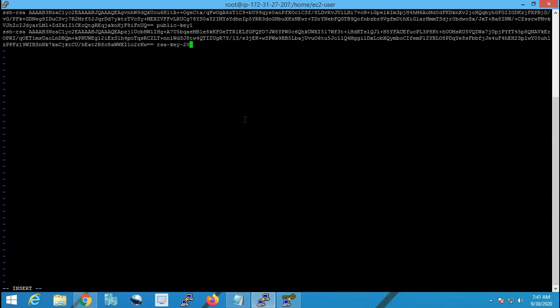And here I'll give the name as public-key2. This is for reference, like a variable. Yeah, I have made it as public-key2. It is not necessary that you give the same name. You can give a different name. But to avoid confusion, I think it's always better to give the same name. So now we have two keys with the same user.